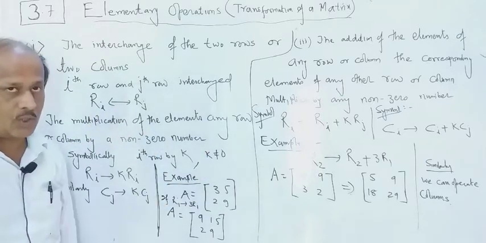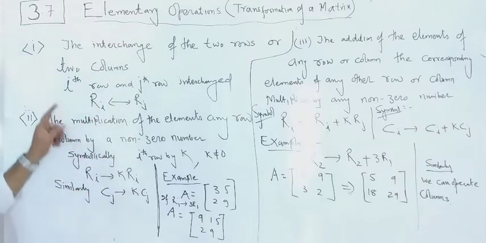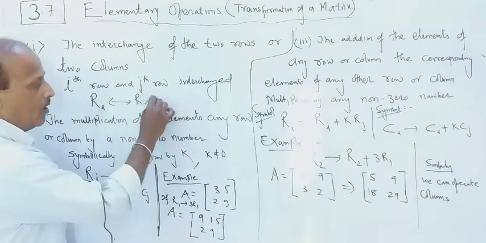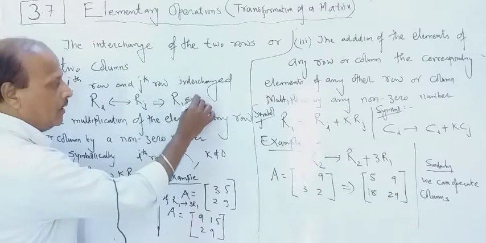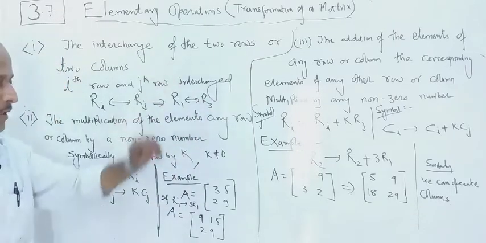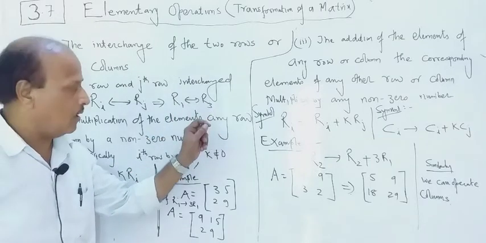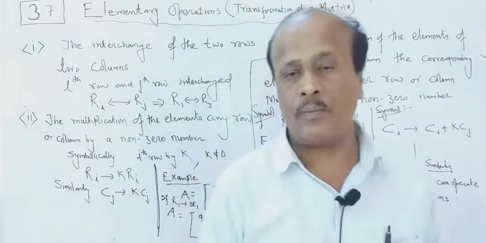While solving the question, we are going to utilize this symbol. What this symbol says is that there is no need of writing this complete statement from here onwards. For example, how can this symbol be utilized? Suppose I write R1 interchange R3, what does it mean? Suppose any matrix is given and you want to interchange the first row with the third row. Why we are supposed to do that, you will learn during the solution of a question.